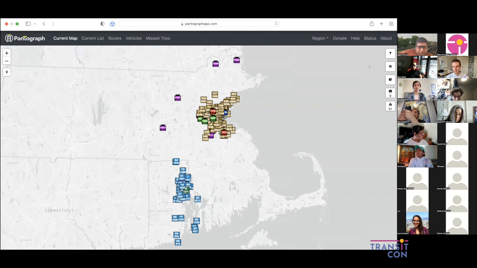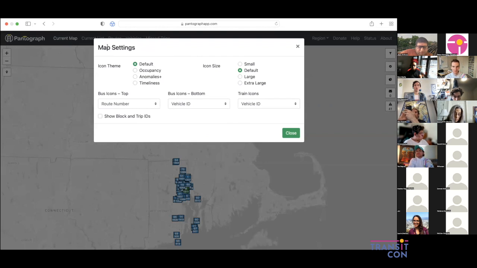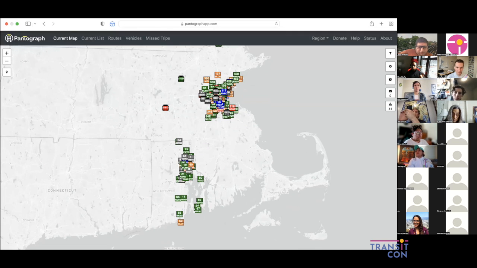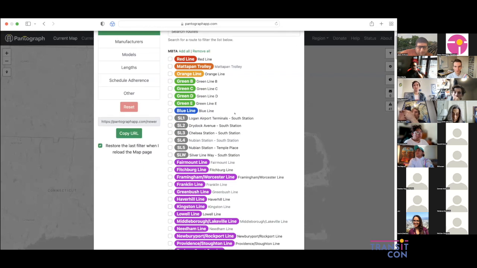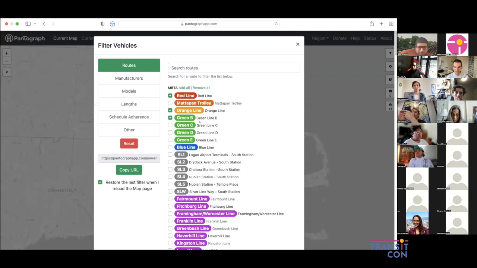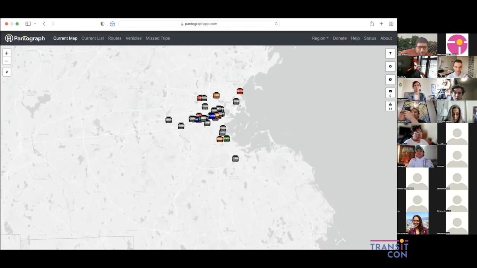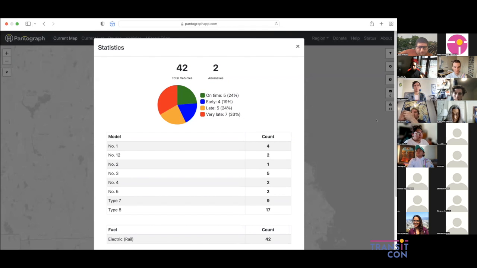We also have a fair number of controls over here to control things like what information is appearing on these bus icons. Like we could show maybe the short 4-letter head sign, maybe color it by timeliness to see where all of the late vehicles are. We can control which vehicles we're actually showing on the map, which can be helpful to only view a subset of vehicles at a time. Lots of utility in here in terms of what we're looking at on the map and what kinds of information is available to us.